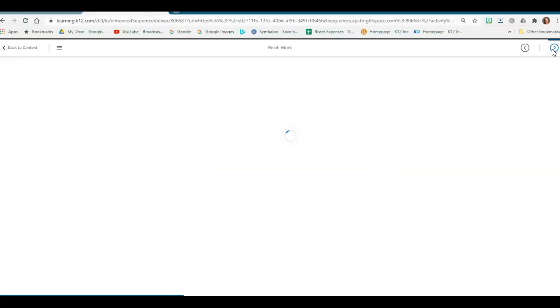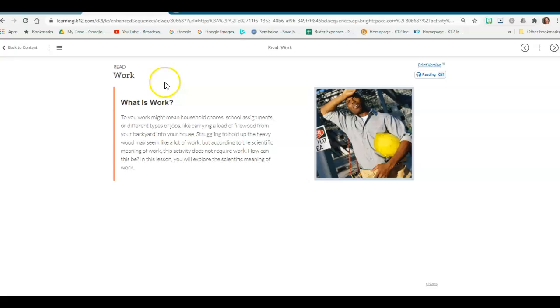So we'll go through these pages really quick. Now we're into read, which is getting us started into talking about work. And so to work might mean household chores, school assignments, or different types of jobs, like carrying a large load of firewood from your backyard into your house. Or if you're struggling to hold up heavy wood, it may seem like a lot of work. But according to a scientific meaning of work,